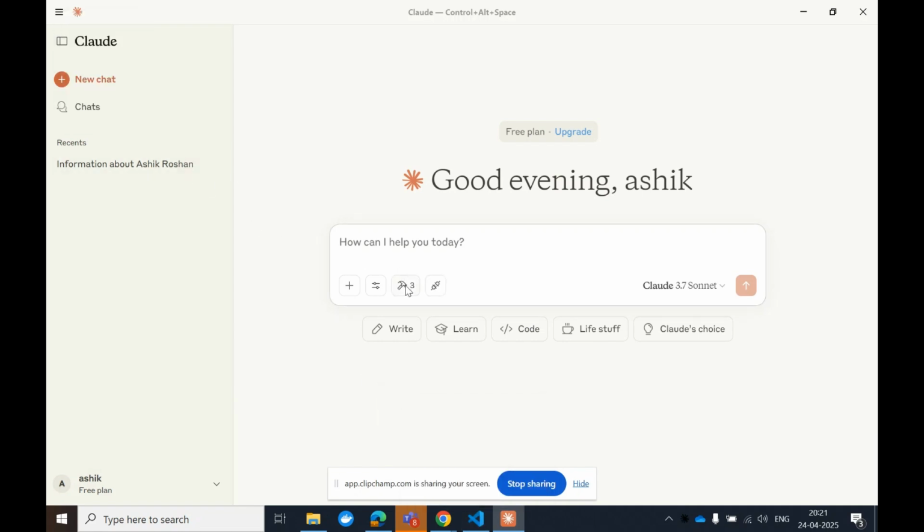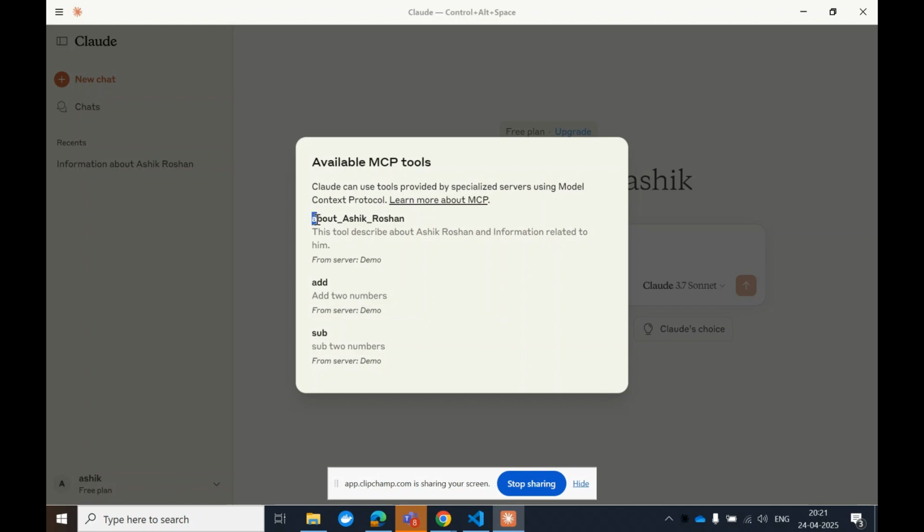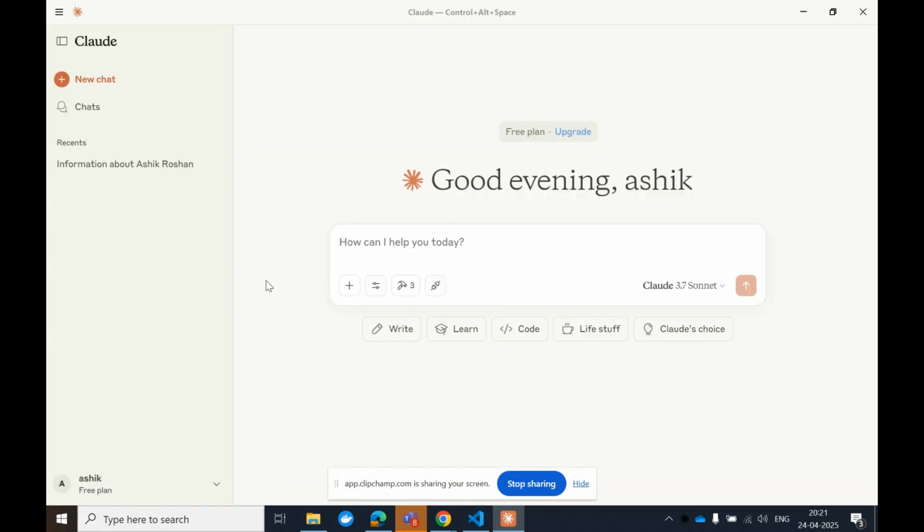You can see that there are three tools built, right? Actually, I don't know the function name and their description. So for MCP, the more important part is the function name and description, which have to be very unique, and the description should be precise according to the function. Make sure to give a proper description so that MCP can pick the right tool for the LLM. Now let me ask it to tell about